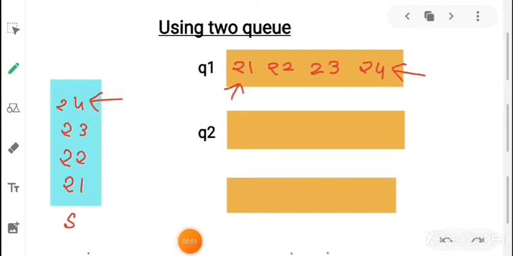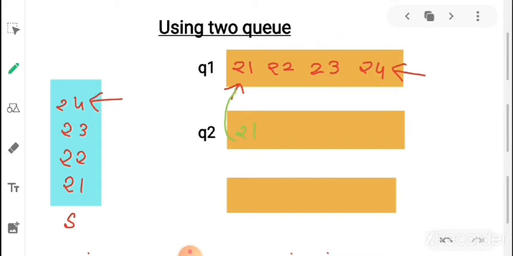So we want to make sure that 24 would be DQ first, not 21, right? To make sure that 24 becomes the front element of Q1, and after calling the DQ function 24 would be DQ first, we would do some operations on Q1 and by using Q2. For this we will insert, that is enqueue, elements from Q1 into Q2 until one element is remaining in Q1.